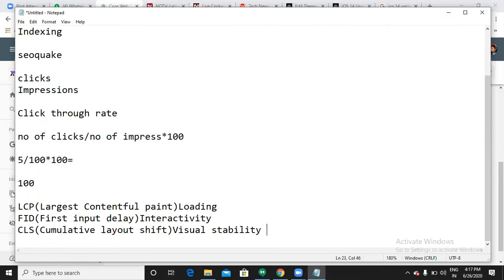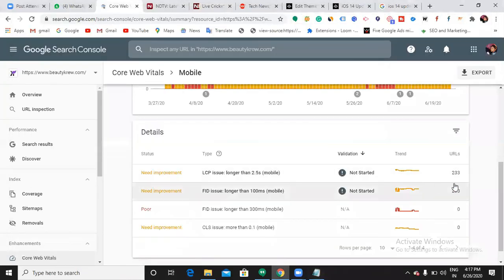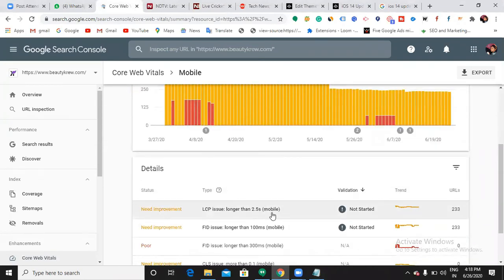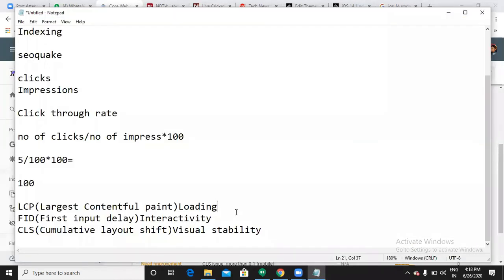Now here it is showing me that 233 URLs are facing LCP issues. That means those 233 URLs have a high loading time, and it is showing 2.5 seconds. If you have an LCP of less than 2.5 seconds, it is always better.